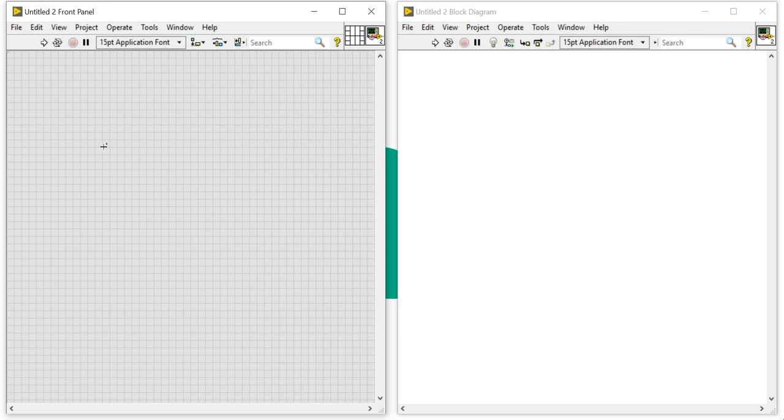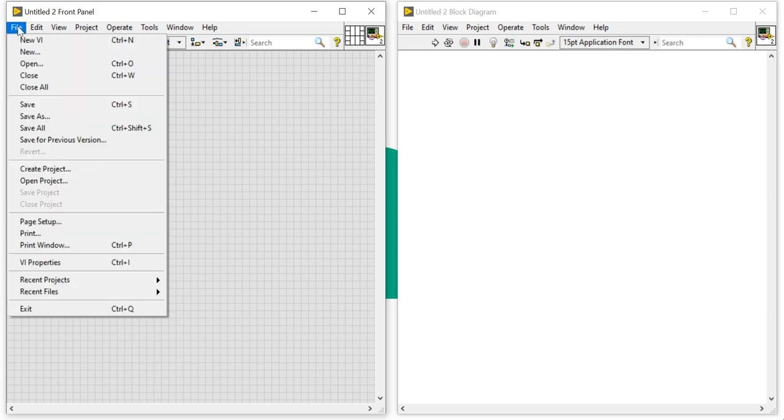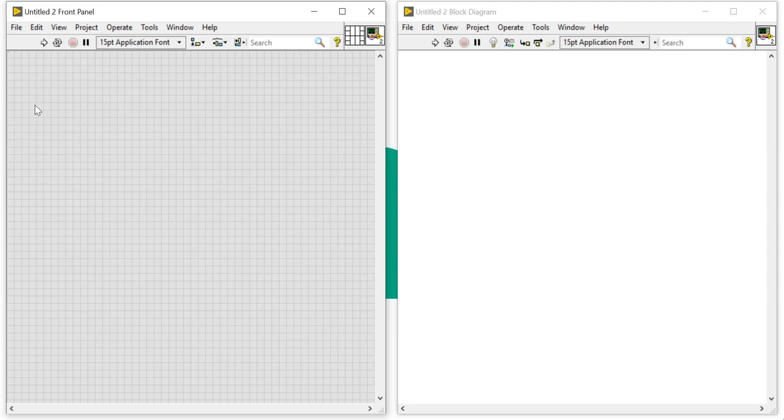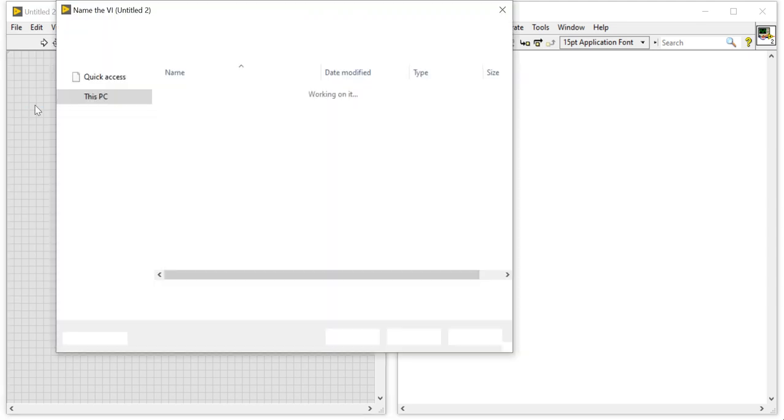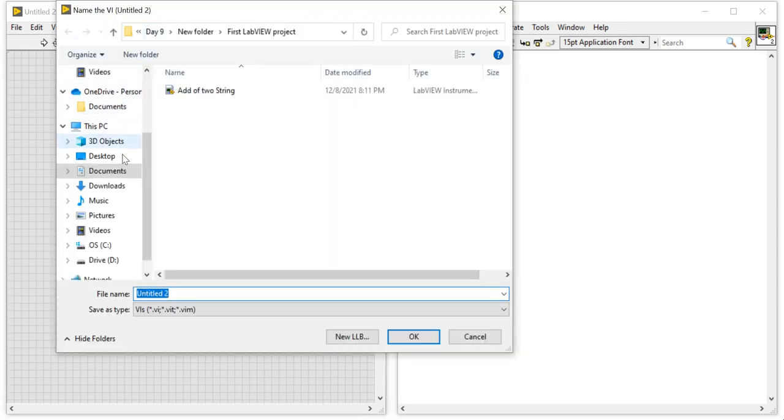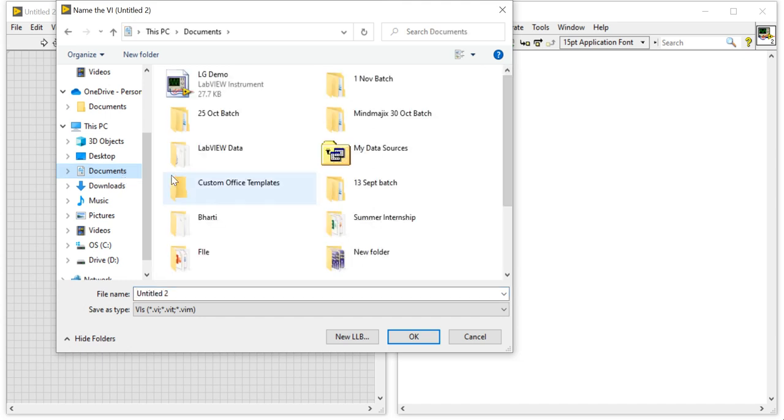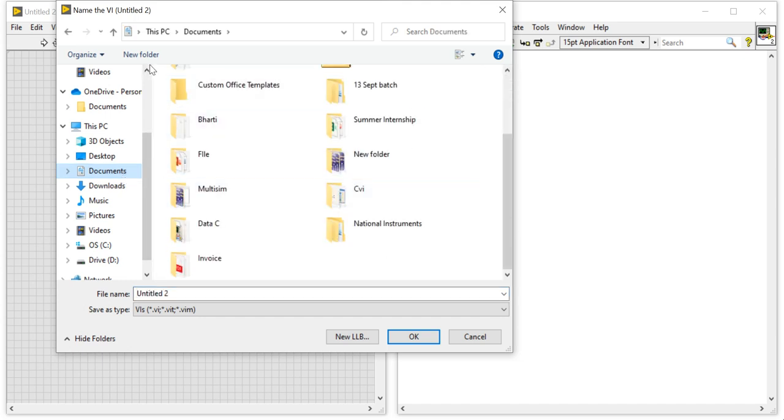I want to save this one, so I will come to the file and click on save. Inside the document, I am going to create a new folder and give the folder name day 1.